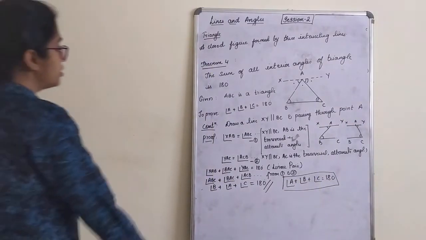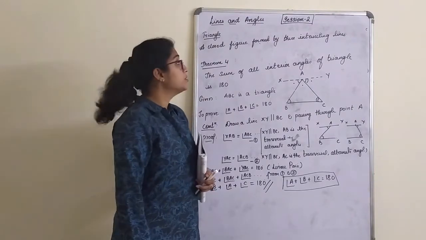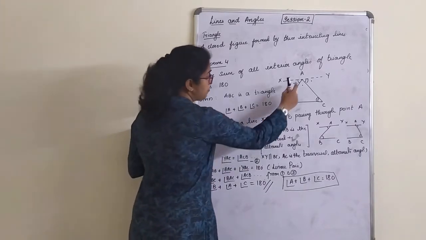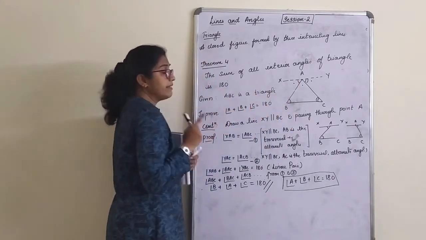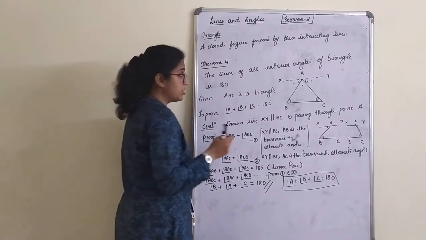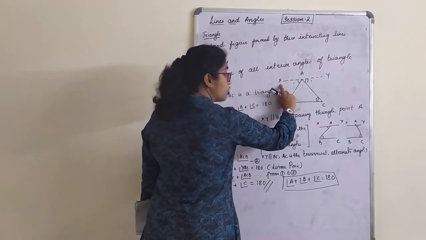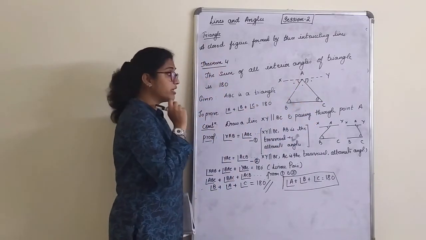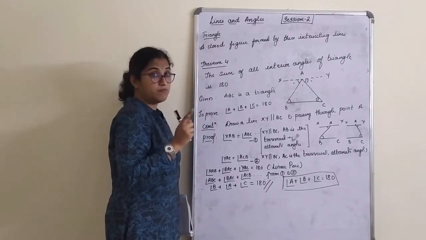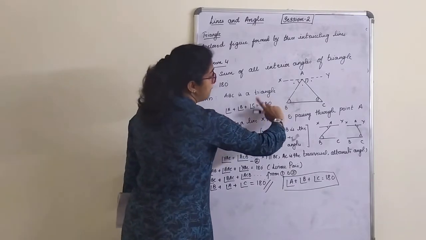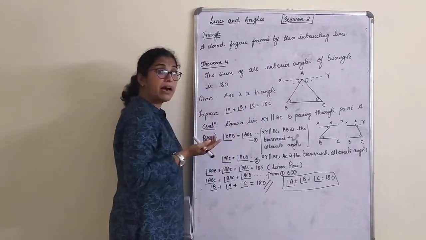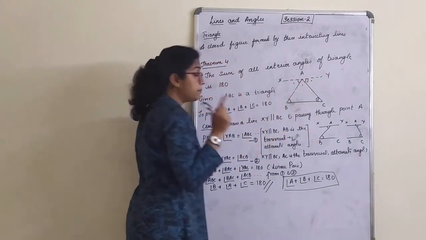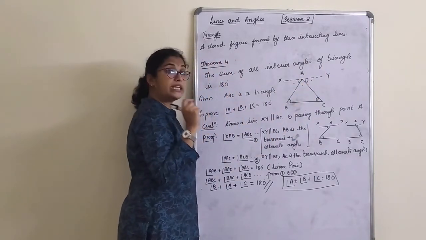What we will do. So in case they ask you to prove that the sum of the interior angles of a triangle is 180, as we have discussed, a triangle is to be drawn. With the triangle alone we cannot prove it, so construction is a must. So draw a line XY parallel to BC such that it passes through point A. Each and every point I mentioned in the construction is important. If you say draw a line XY parallel to BC, where is the line? Can the line drawn be here or somewhere here? Make it a point, it has to pass through the point A.